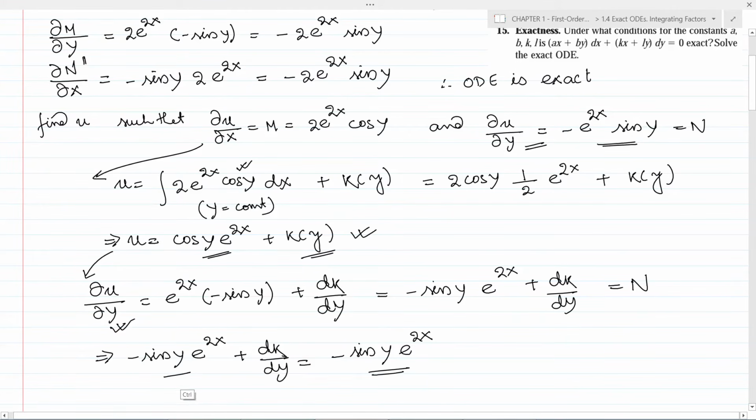This same term is in left and right hand side, so we can cancel that and write dk by dy equal to 0, which implies k equal to a constant, let us say C1,